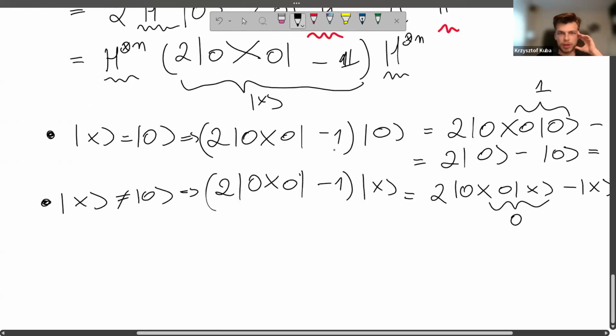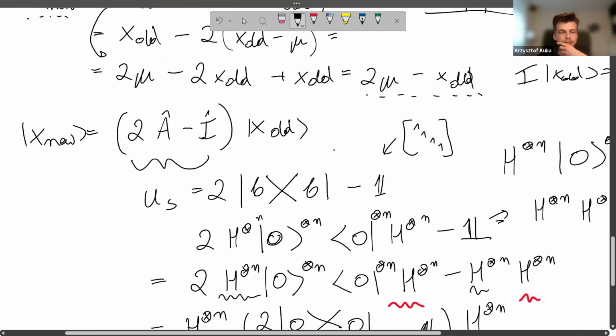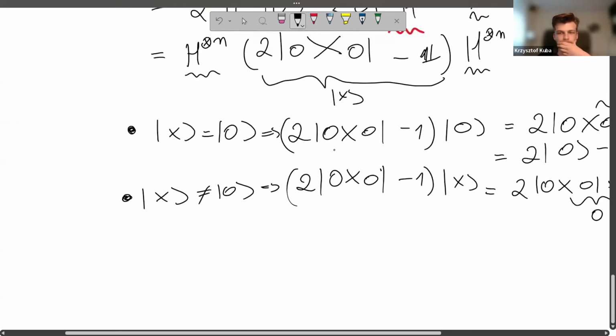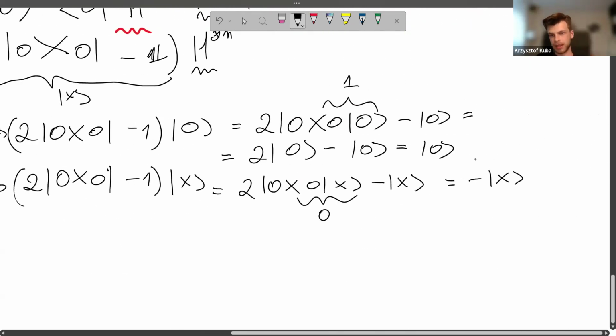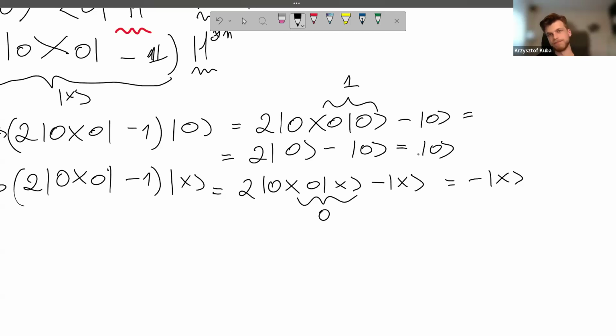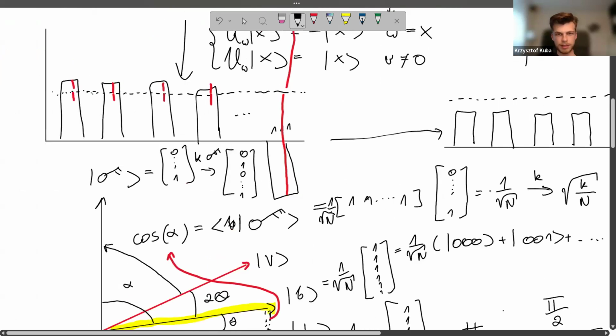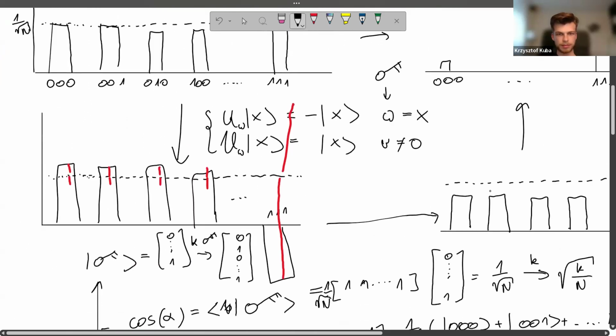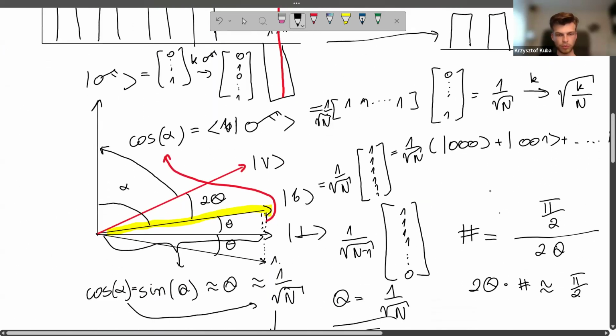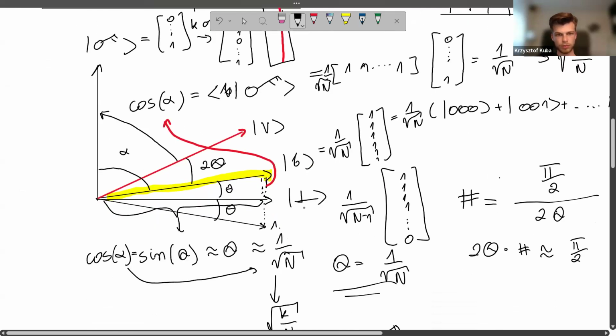But we can also write, what does it tell us? This tells us that the 0 is untouched, and the x has a negative sign. Does that give us something interesting? Well,